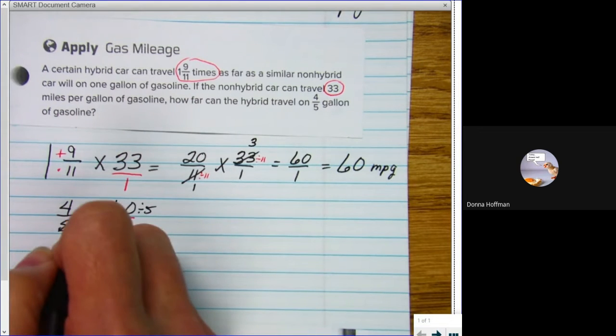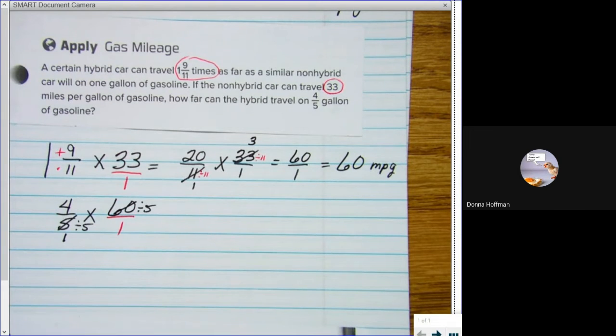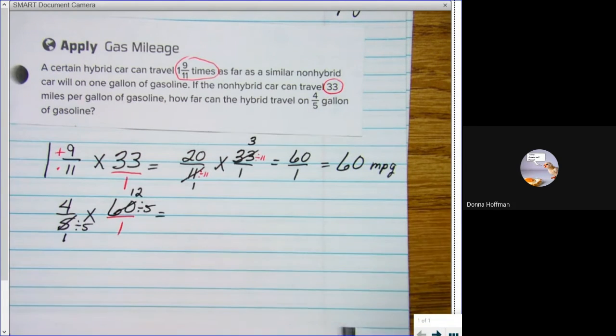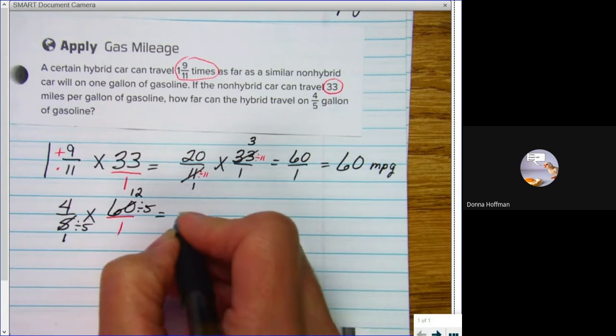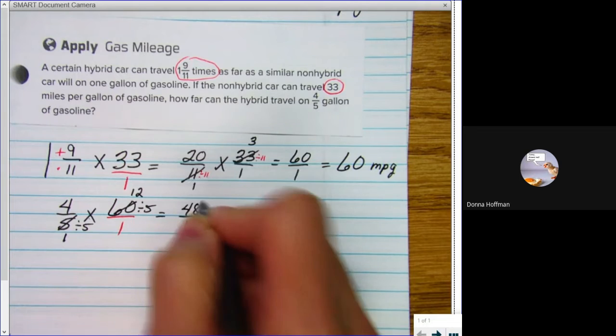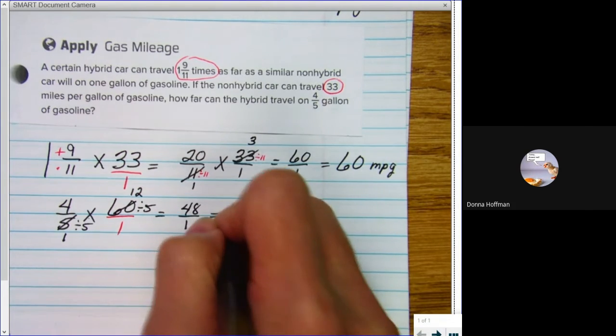So this 5 will become a 1. This 60 will become a 12. And 1 times 1 gives me 1 for my denominator. 4 times 12, I believe it's 48. 48 over 1 simplified is simply